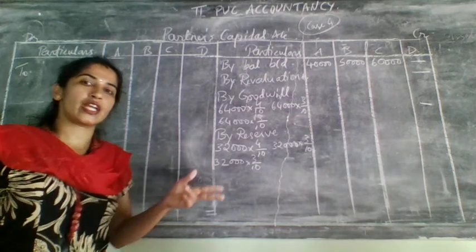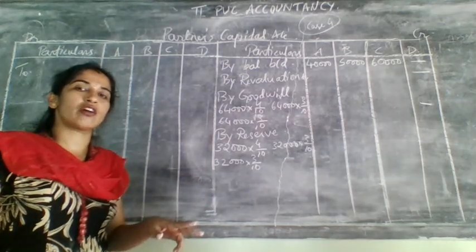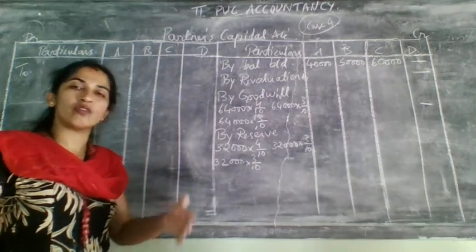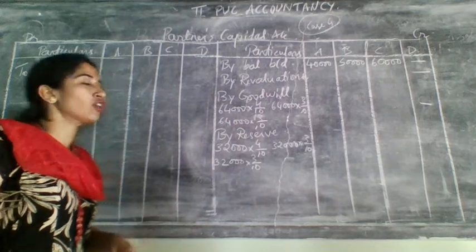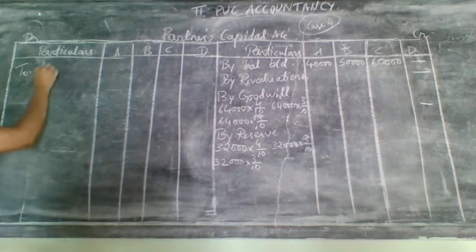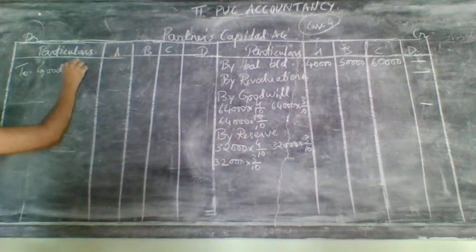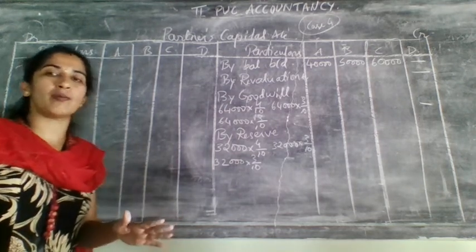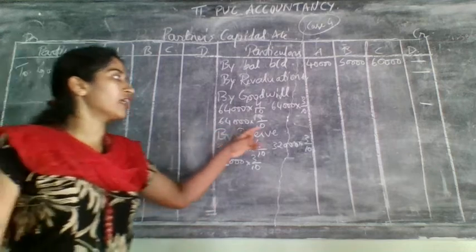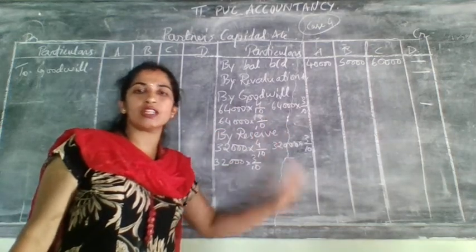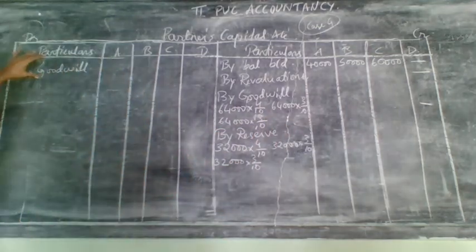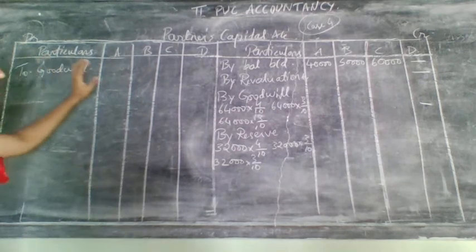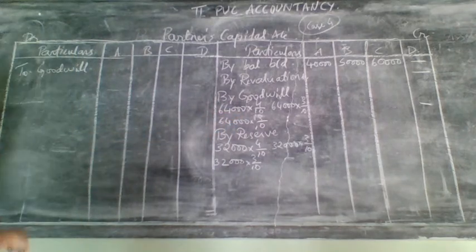See, in the first 2 cases, when goodwill was written off, you have written here cash or bank account. But when the goodwill was created and when you are going to write off that, here it will come goodwill only. Why? Because here new partner will not bring goodwill amount in the form of cash. Instead of that, it was created or valued in the business itself. That's why for write off also, you will write to goodwill.